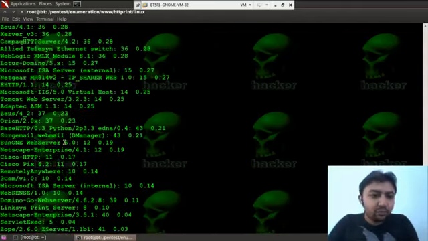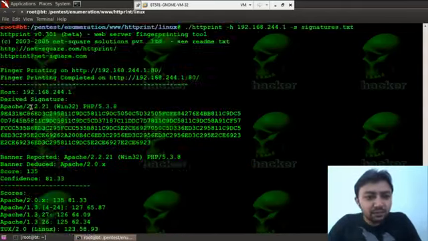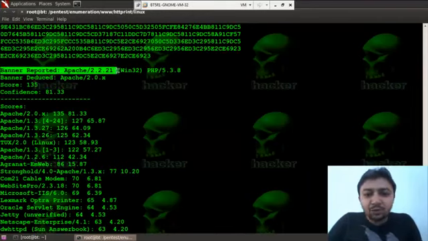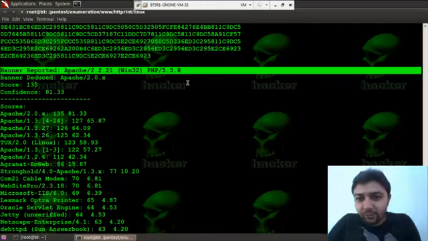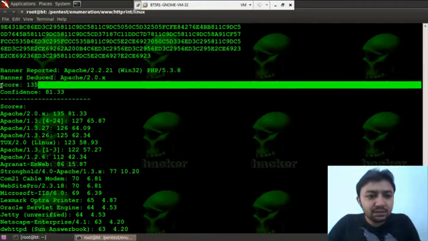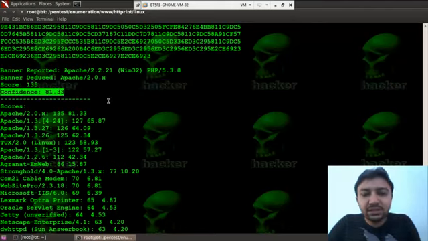fingerprint on this, and voila, we have got this result. The banner reported is Apache 2.2.1 and PHP 5.3.8, and the banner deduced is this. The score is 135 and the confidence is 81.33%.